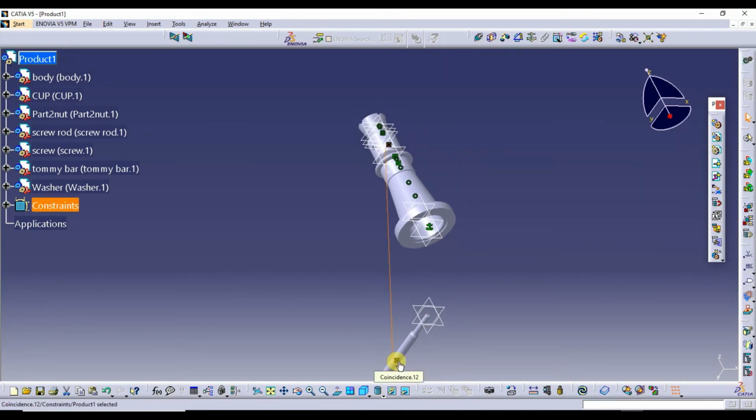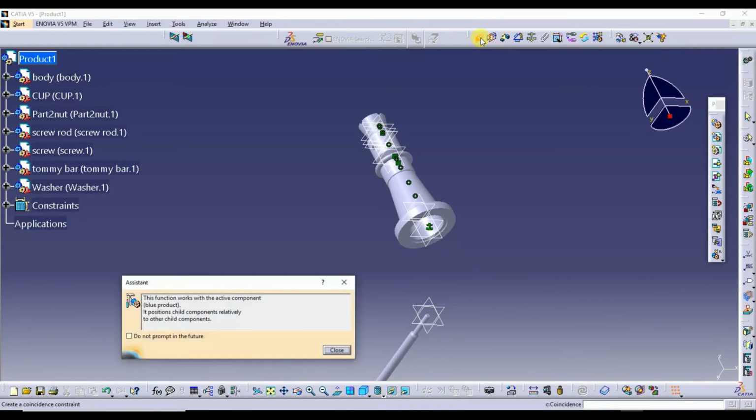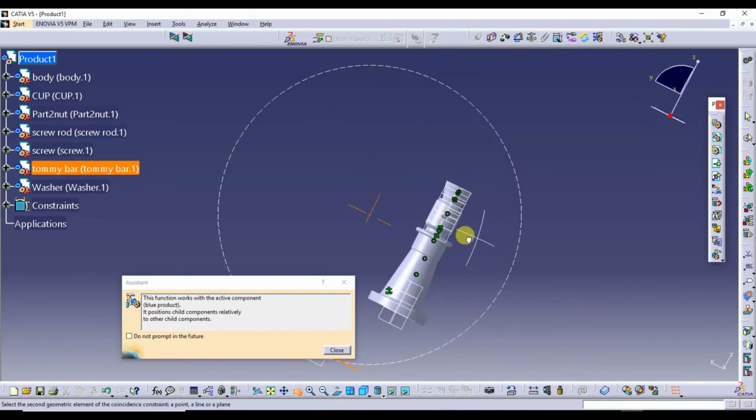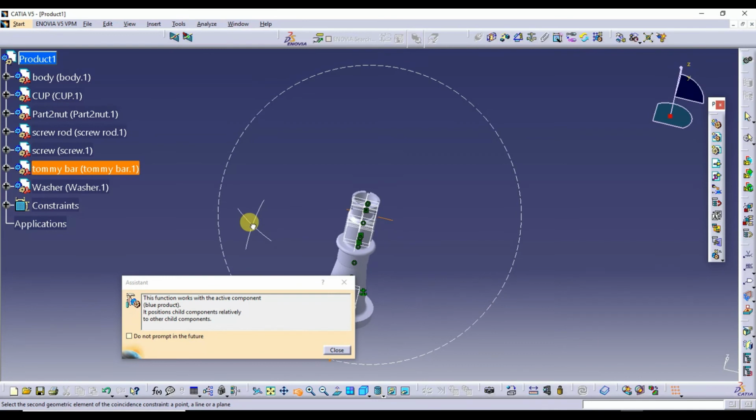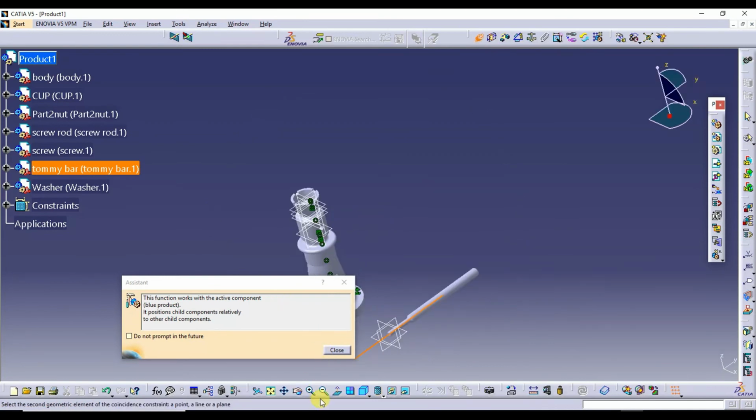Delete this command, it has not taken properly. So I'll go for coincide again, select this and rotate this properly, zoom this.